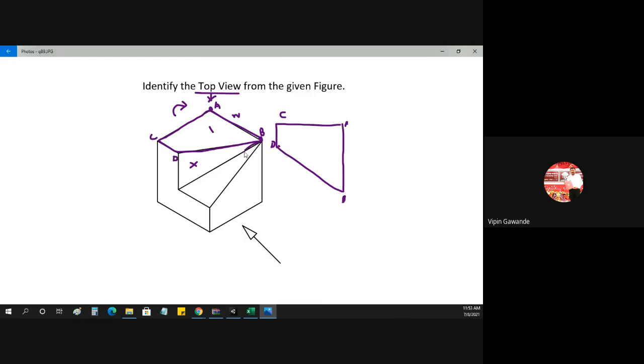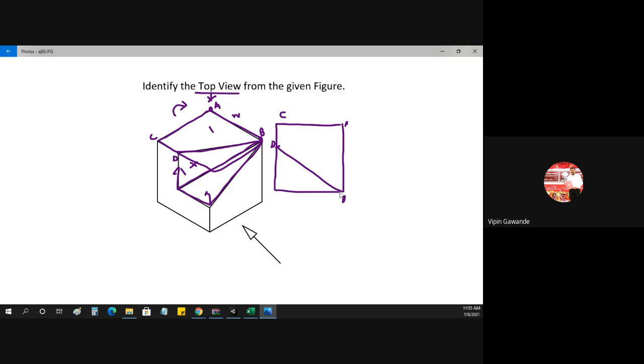The second surface visible to the observer is this one. This is a horizontal surface. Now what I have told you, this is the inclined surface. So what you have to do is transfer these points upward and make it straight. When you make this straight, the bottom line will come here and we'll get the surface line something like this. So what will we get?